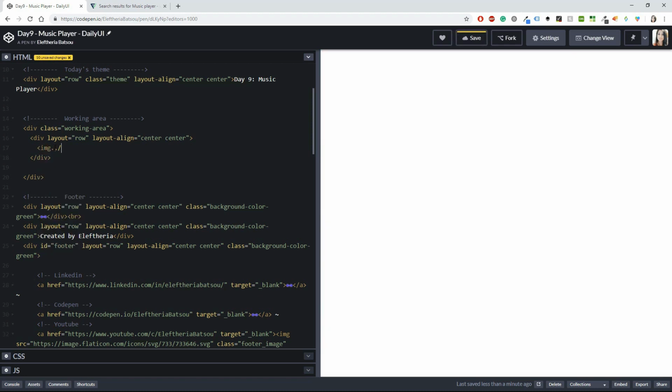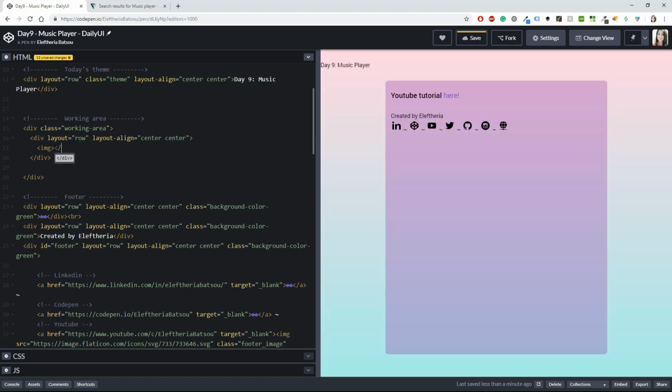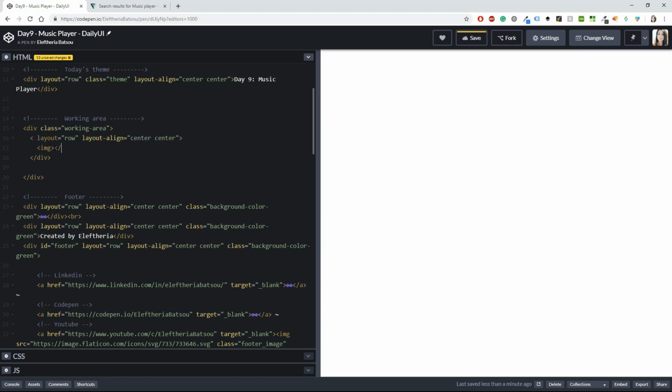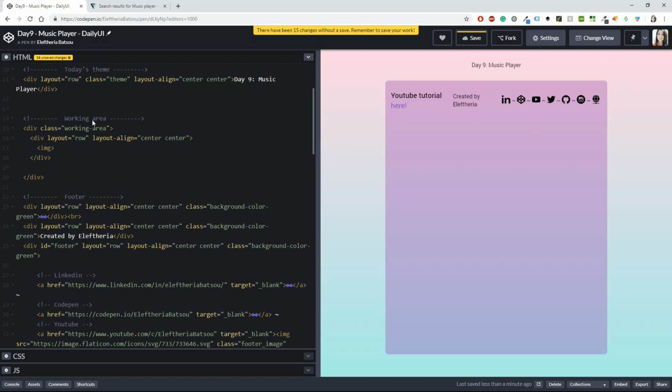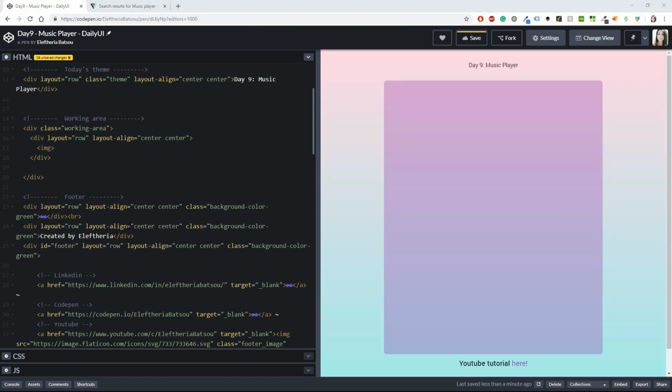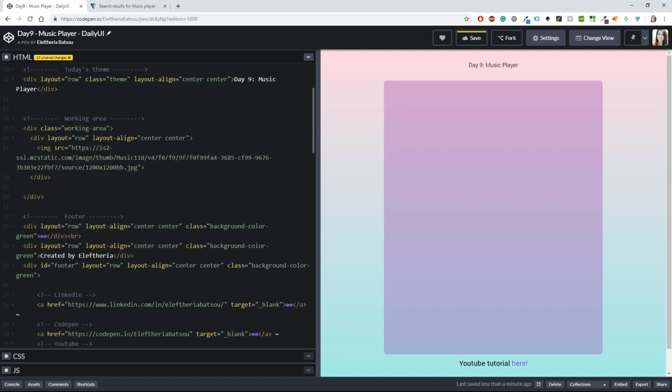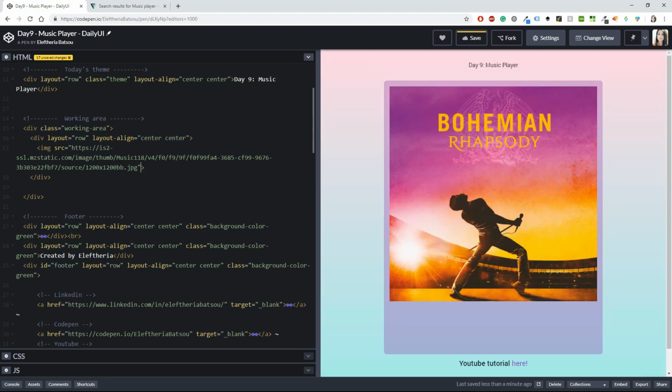To do so, I will have the image tag. Sorry for that noise. Okay, now we are correct. And I've already found the image that I want to use, and it's going to be that one. Again, I'm going to leave this URL in the description box, so you can just copy and paste it. Okay, I don't need anything else, I just have the Bohemian Rhapsody, but below that I want to have